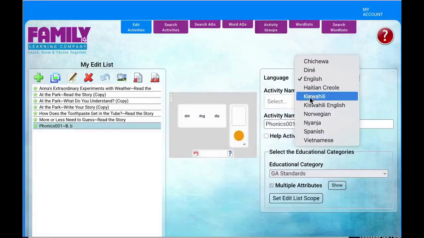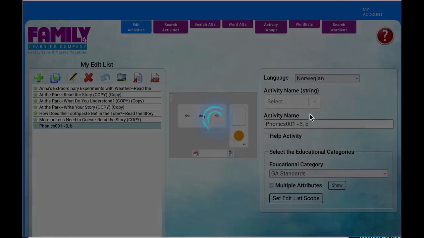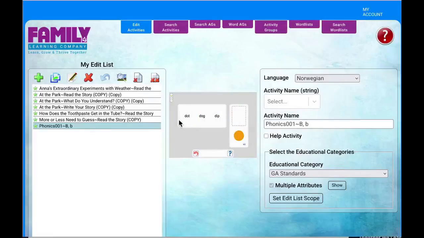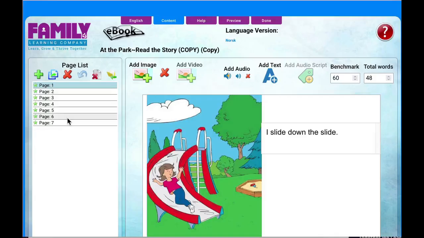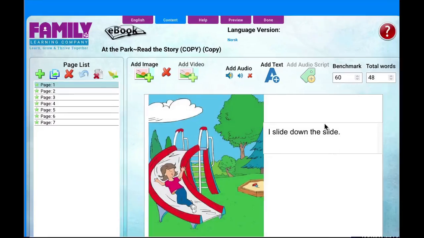and select another language. I'll choose Norwegian because that is my second language. The Make app has made a copy of the English for me to translate. I don't have to create a new activity and add images. All of that is done for me. I translate the words,